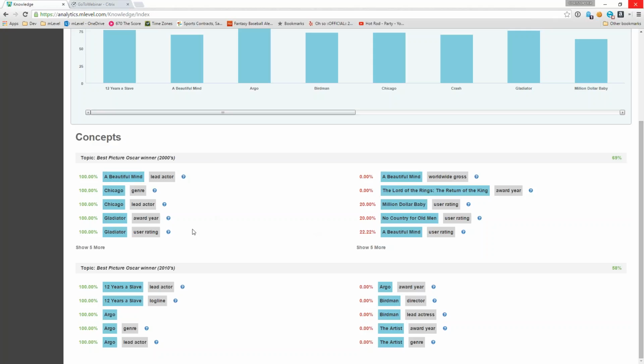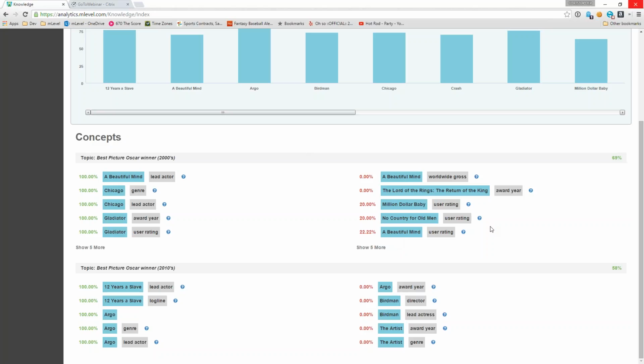Granted, because this is movie trivia, it's a little different than something like compliance. In a compliance situation, if there's stuff on this side where people are struggling, you may need to reiterate that, or maybe it's an area where training needs to be modified in some way